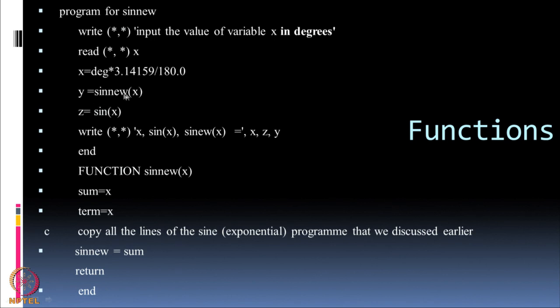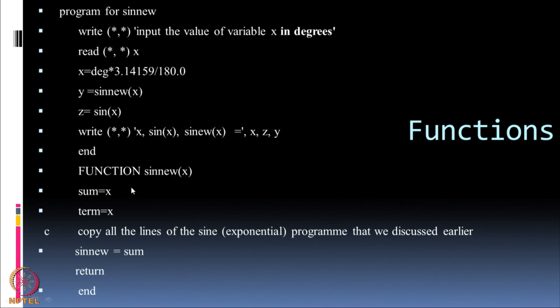Since this is a new variable which the program does not know, it will understand that this is some function of x, so it will look for this function. How does this function work? Function sine new of x: these are function statements. It is a separate part of the program. So, function sine new x.